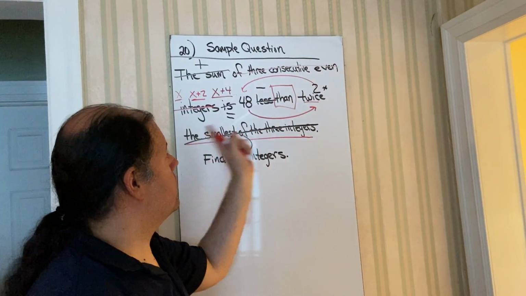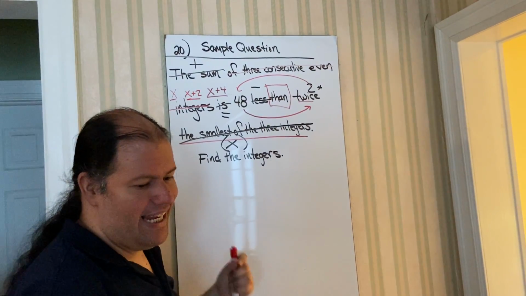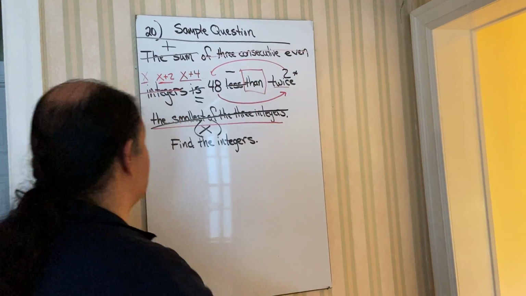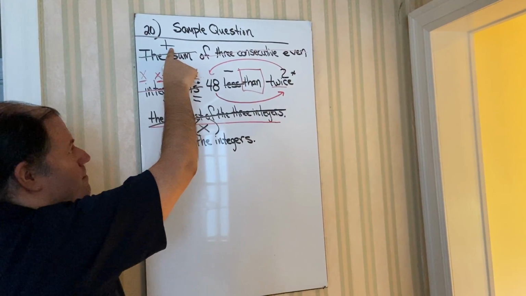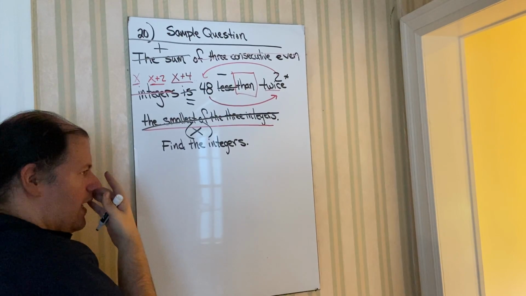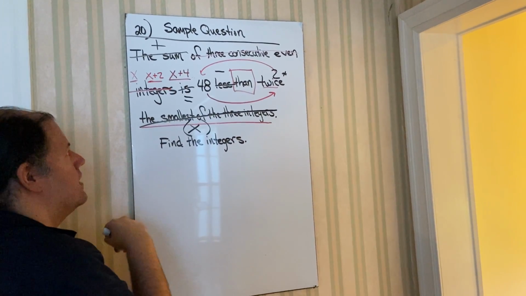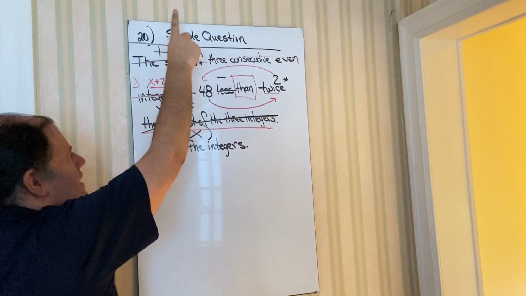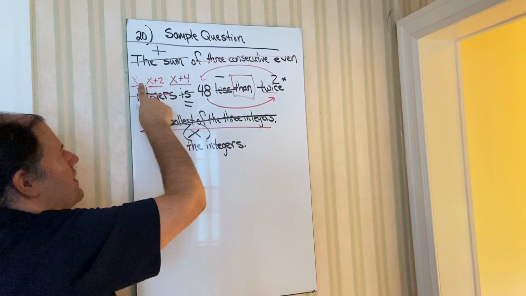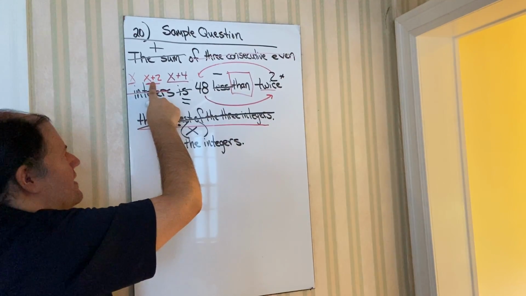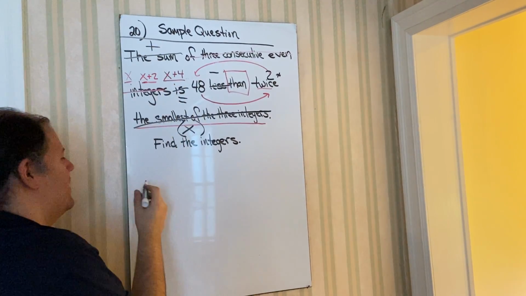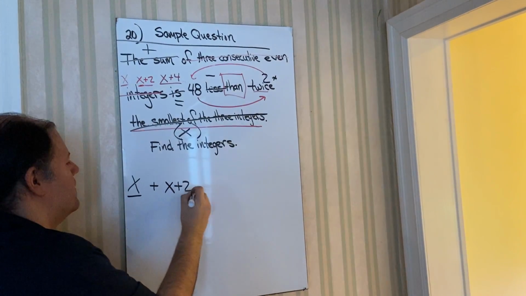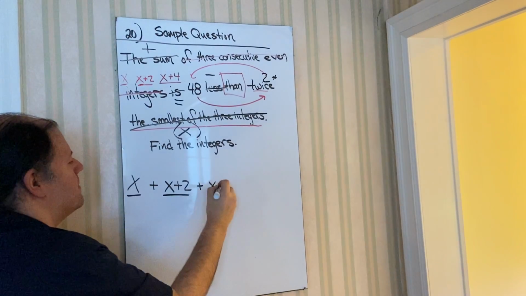Now that most of this is crossed out, we ask ourselves, do we have the danger word AND? No. So then I can start translating. Don't start with the plus symbol, because remember, we usually start with a constant or a variable or a coefficient. So I'm going to add something, but I'm not going to put the plus sign yet. What am I going to add? The 3 integers. This plus this plus this. Remember, sum. So it's going to be x plus 2 plus x plus 4